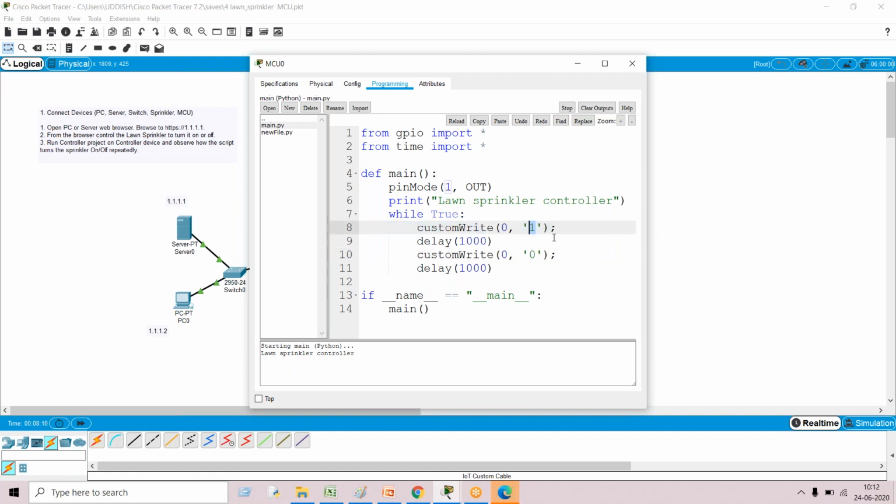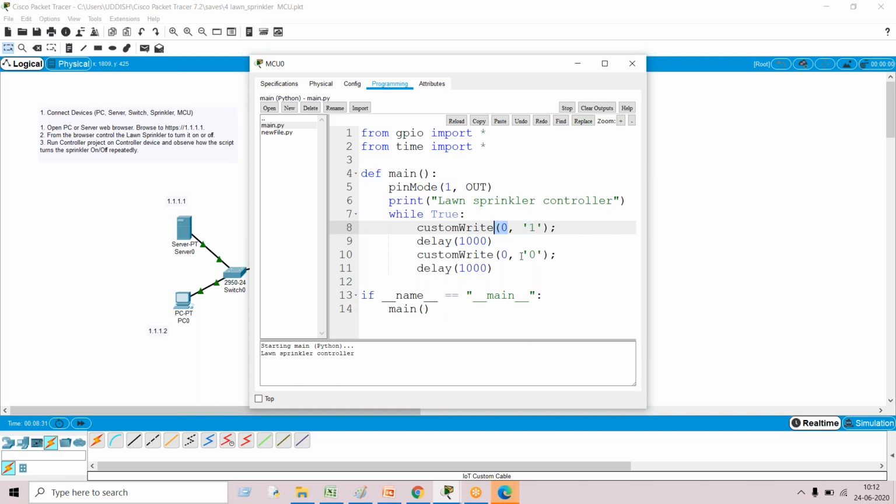So what this custom write is doing is simply making sure that we are trying to turn on the sprinkler, and whenever we take this one, the message will pass to the D0 pin of the microcontroller, and it will try to activate the sprinkler.